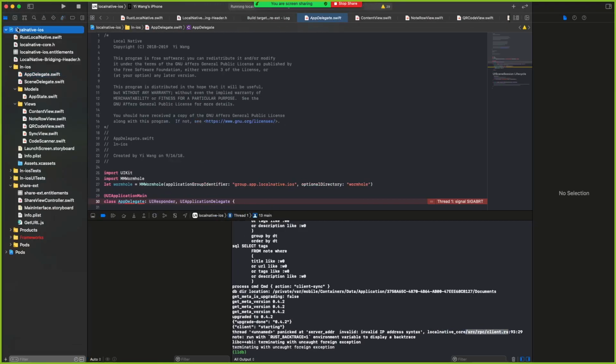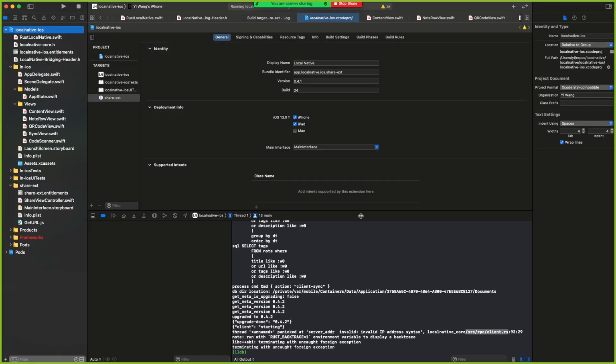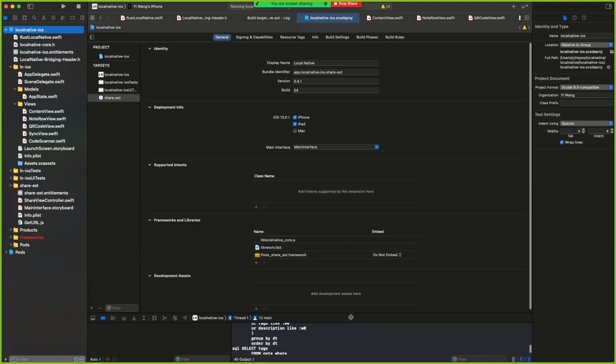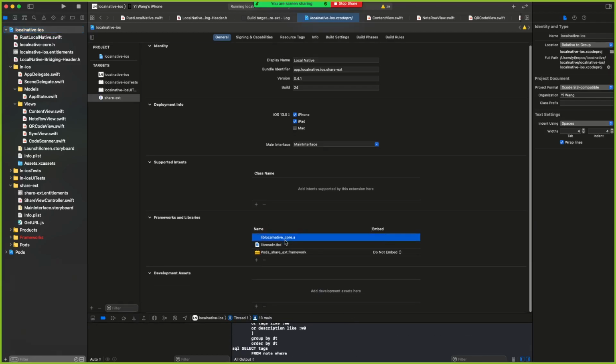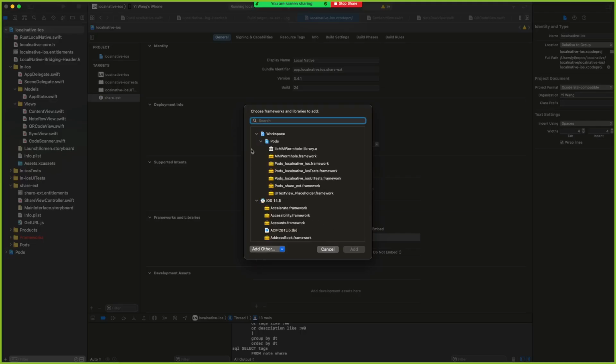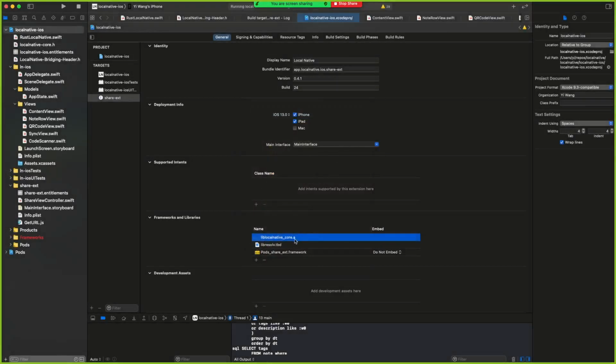There are certain hooks for setting up the links to the Rust libraries. Those are things you need to add to the project. You need to add a library. This is a library. You need to find those .a files. You need to also add a bunch of other things, like a helper,